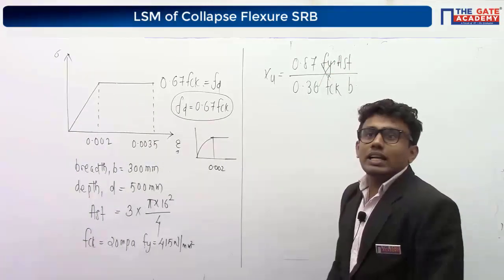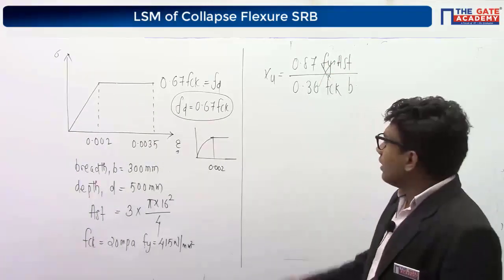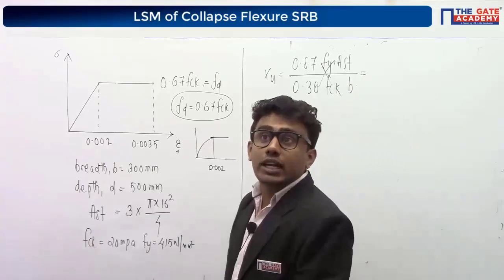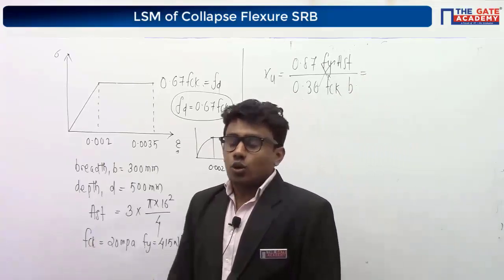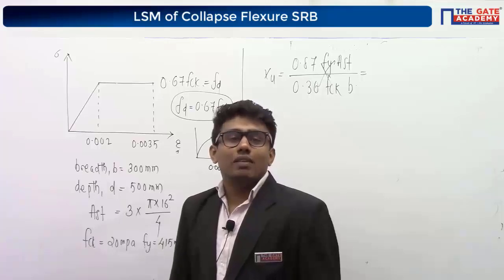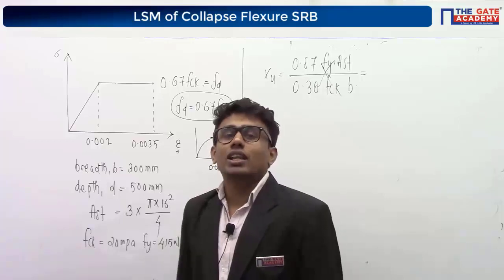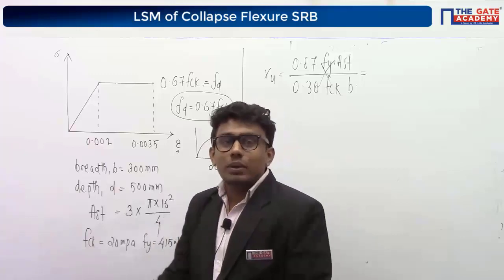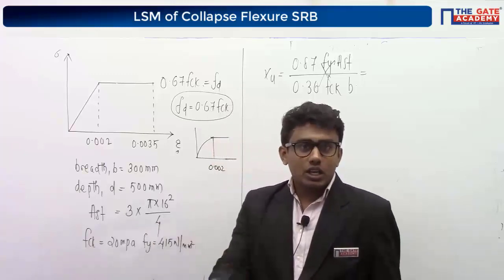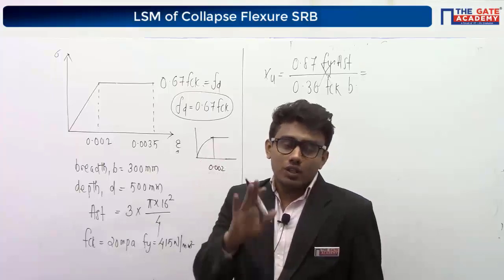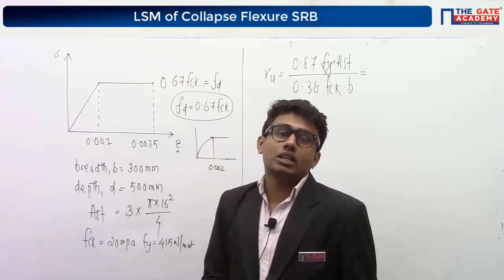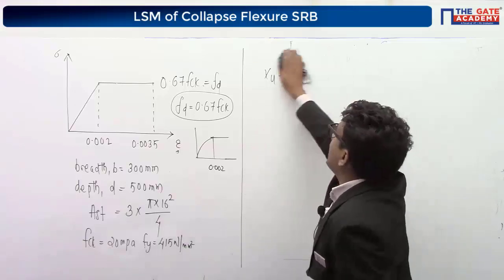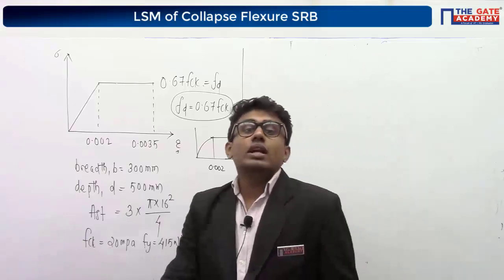Some of you will get the answer as 100 point something, because you used this equation, and there is an option waiting for you, option D. So in the GATE exam, this is the problem. They will never disappoint you in the examination hall. Whatever answer you are getting, they know where you are going to make the mistake. There will be an option waiting for you. So always be careful about the equations and the concepts you use in the examination hall. This equation is not valid here, because we have a different stress strain curve.